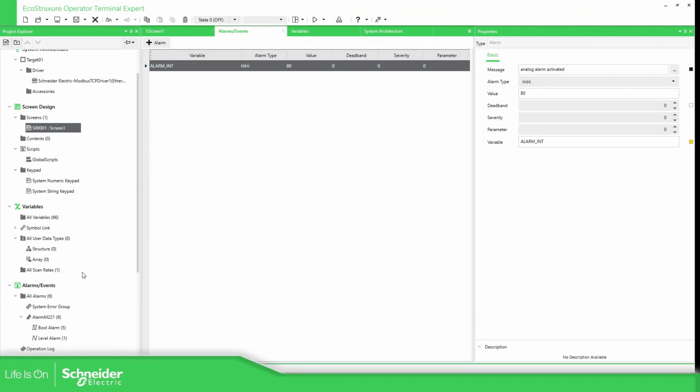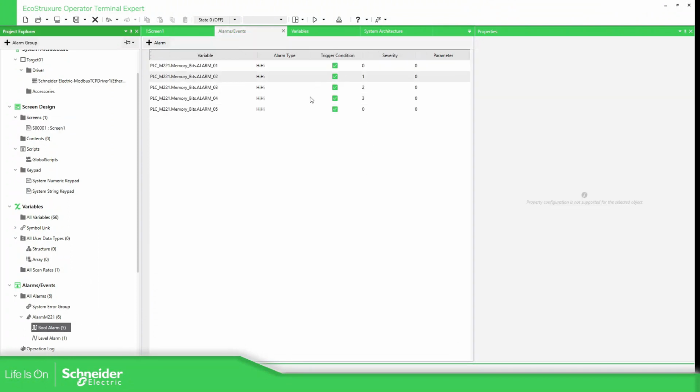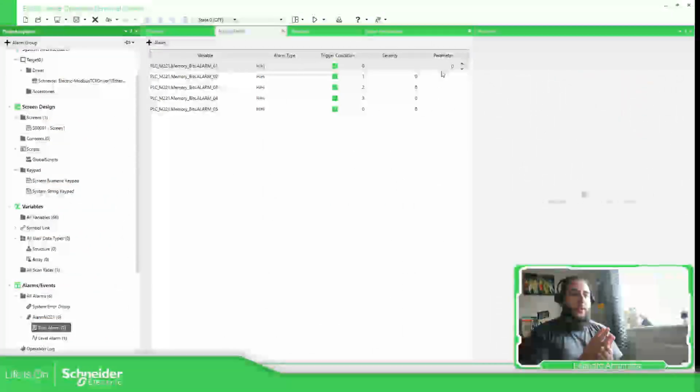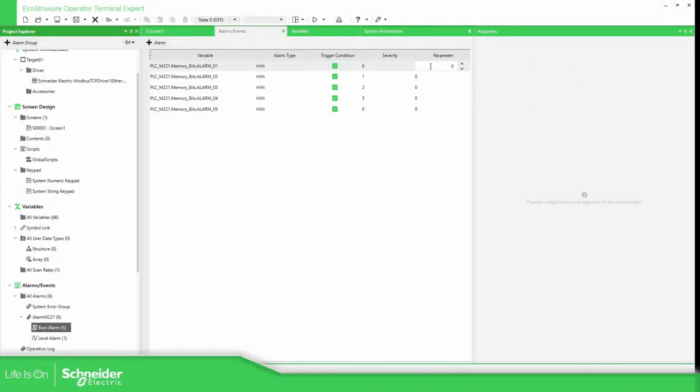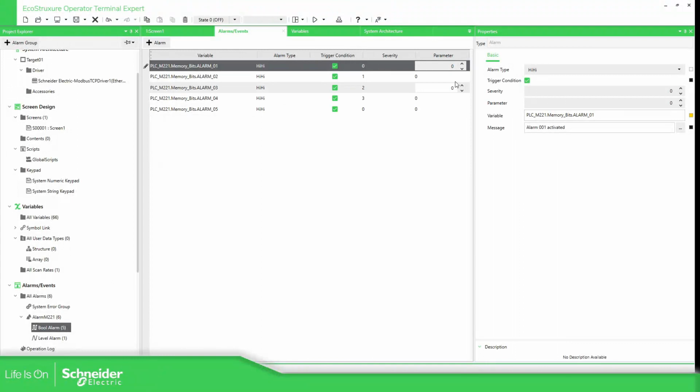Now, another thing that we can do with the alarm is assign this parameter. This parameter will allow you, when you click on the alarm that you have selected, to assign this parameter to the variable that you want. So this will allow you, for example, to show a help message with more indication about how to solve the problem when the alarm is activated. So let's assign this, for example, number 10,